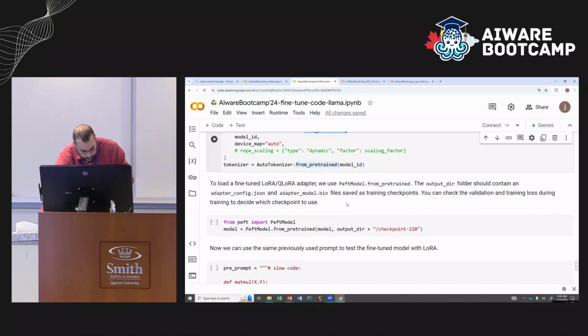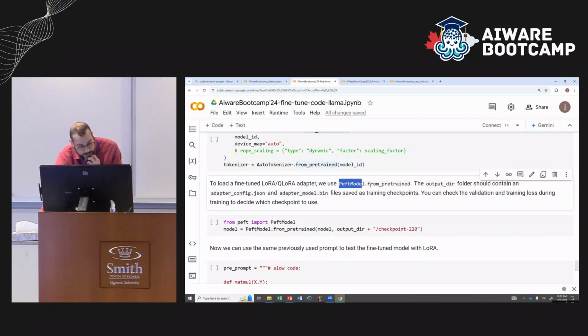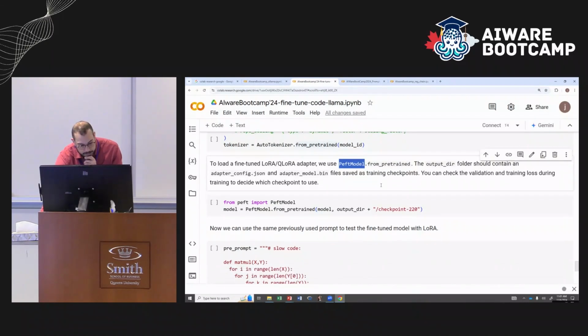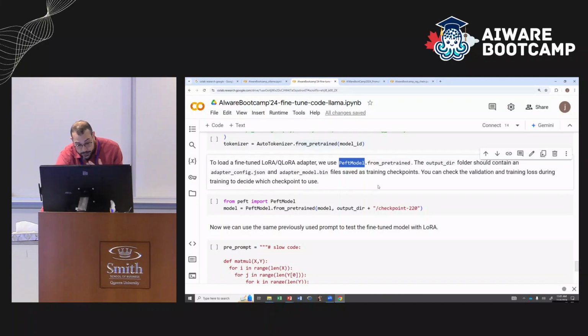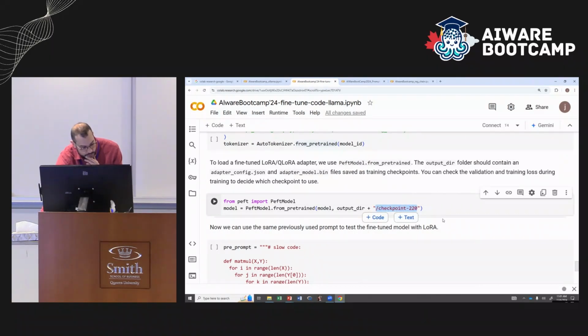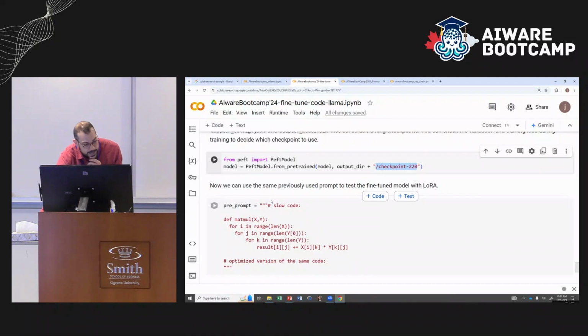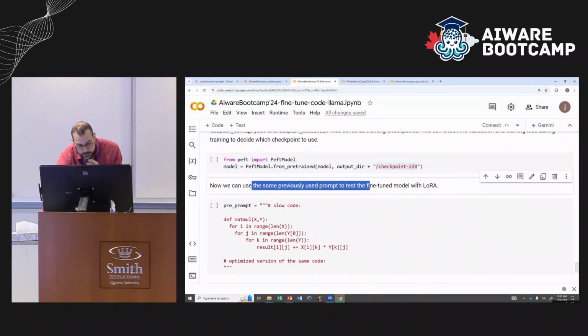Okay, but we're actually using the PeftModel from_pretrained, this method from this class, and you are basically loading the checkpoint from your Google Drive. So you probably need to adjust this number here if you train with more checkpoints. So just check that, all right? And here we just finally